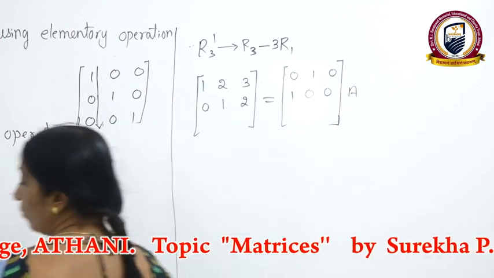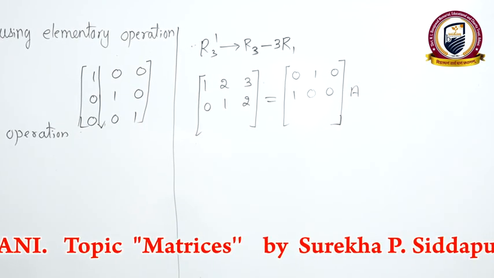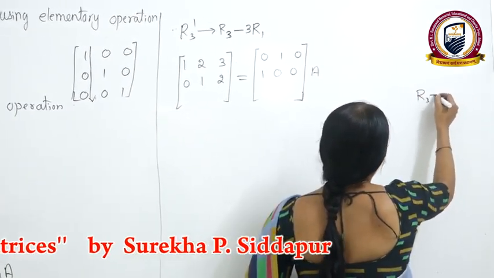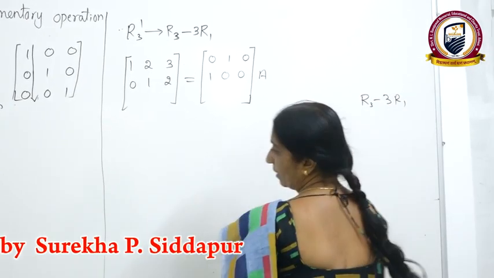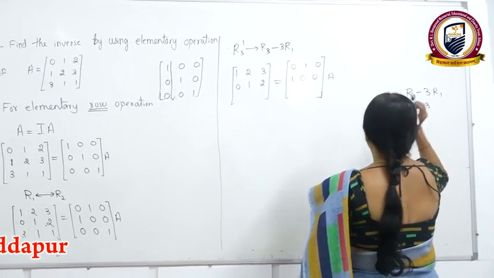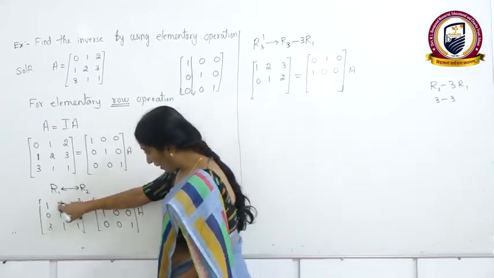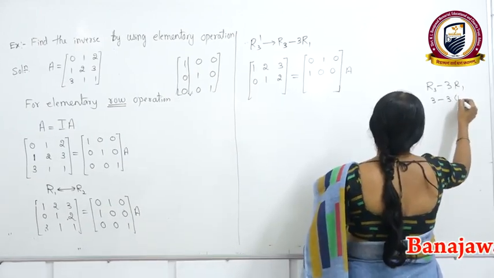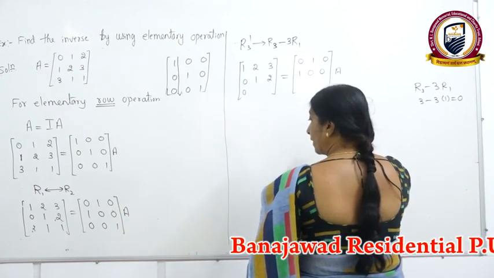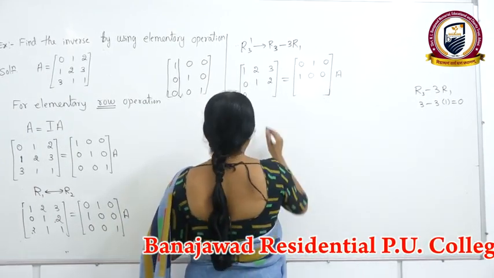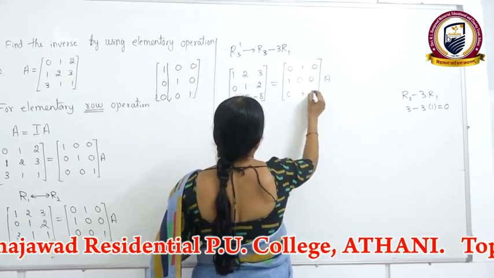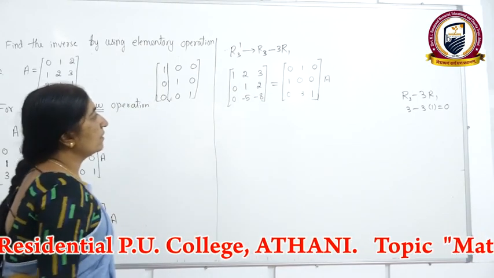Now write the calculated value, third row here. The third row element will be, so 1 I am showing you. What is that? R3 minus 3 into R1. What is R3? 3 minus 3 into, on the top, the corresponding element on the first row, it is 1. That will be 0. So write it here. Like that, calculate the remaining values and write down. It is minus 5, minus 8, 0, minus 3, 1. See, we completed another step.